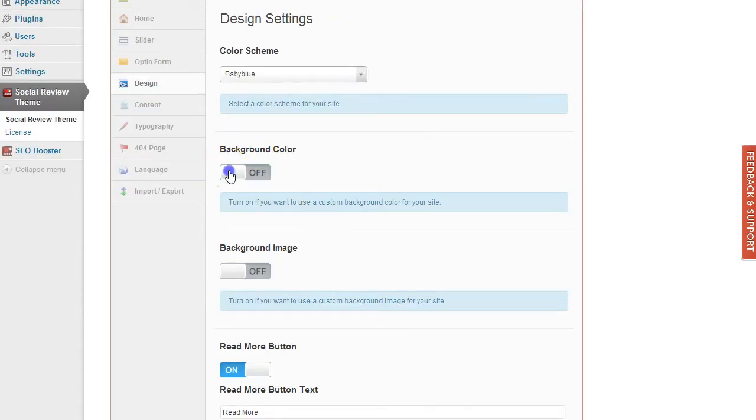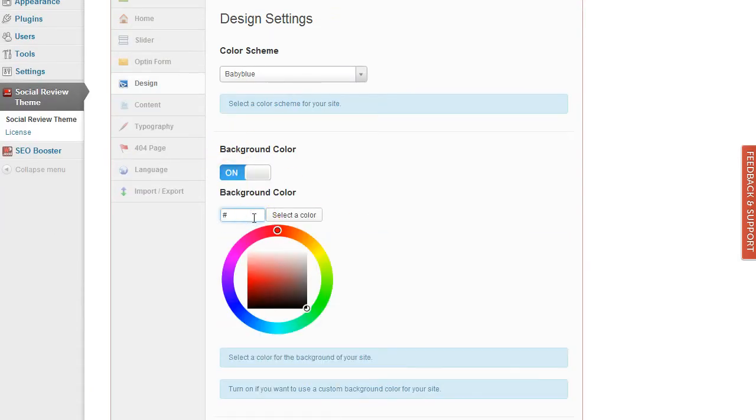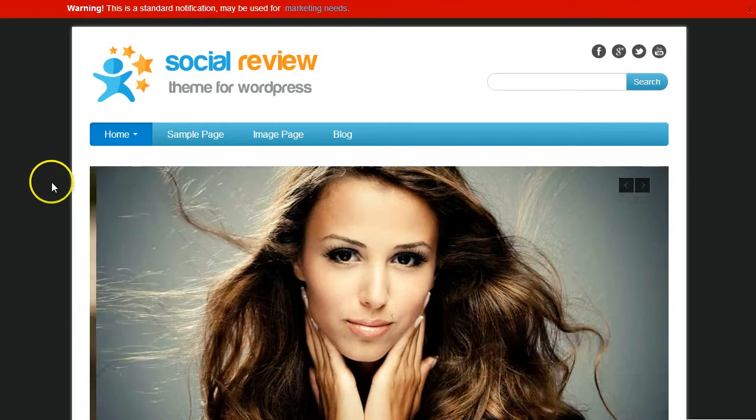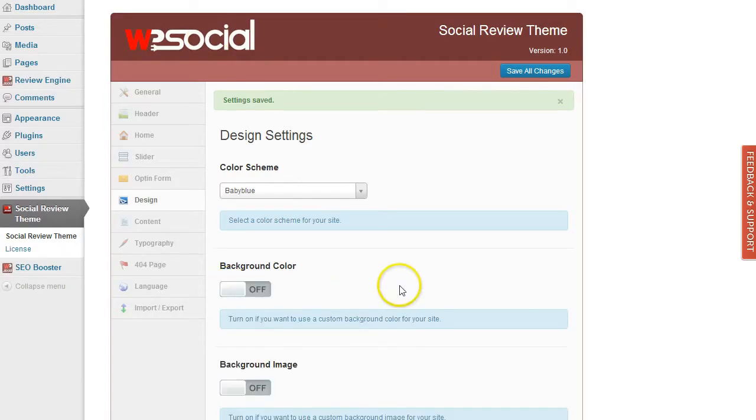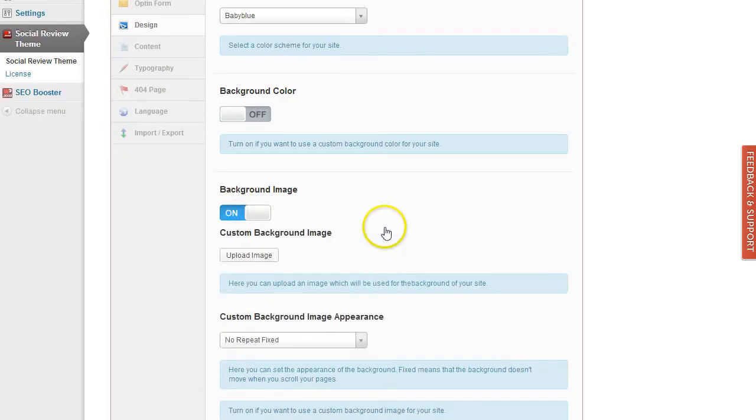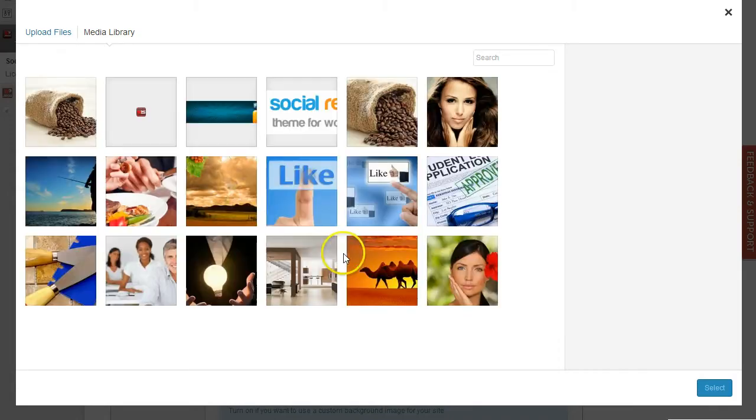Then you also have the ability to change the background color. If you want to choose a color, just click into the field, then choose one and save it, and when we are going to reload it, it will change the background color. Then the same for the background image. Here you can upload a background image,